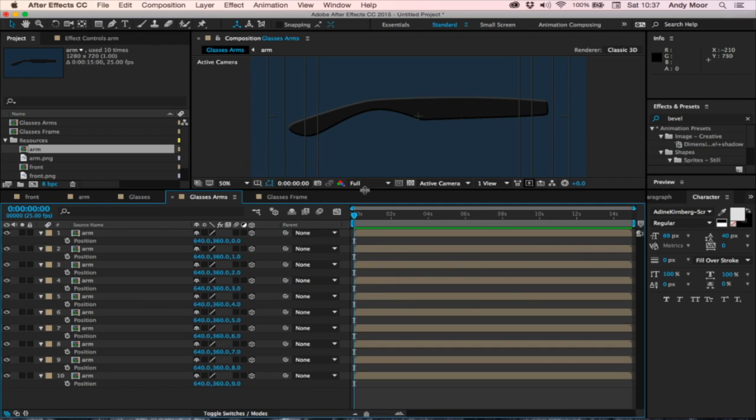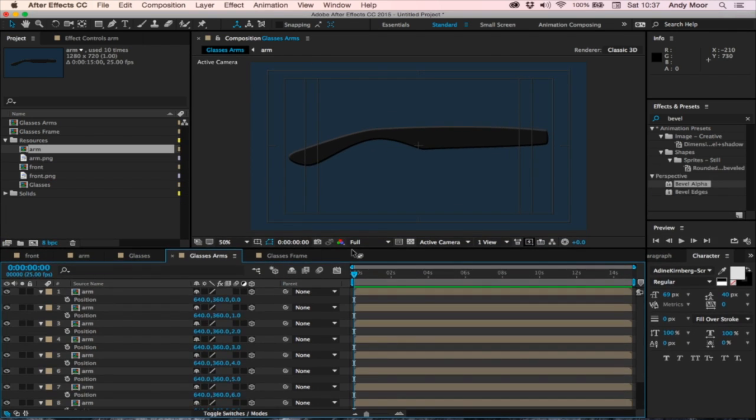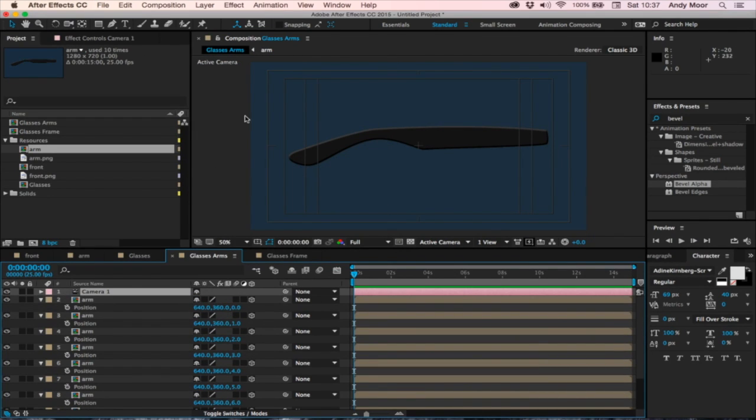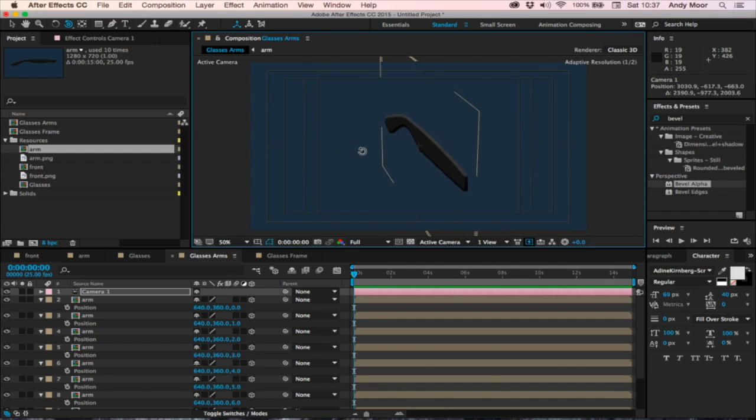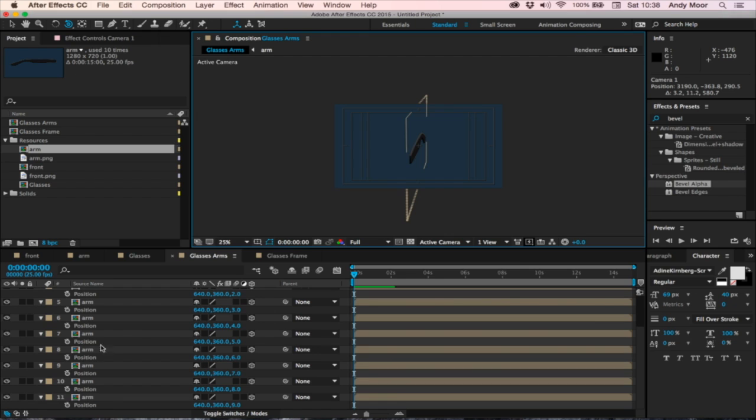And there we go. The reason for this is if I throw on a quick camera and start orbiting around, you'll see our arm is actually partially three-dimensional. So there we go. Now, if that's thick enough for you, then great, stop with this step here, but it's not for me, so I'm going to take the final